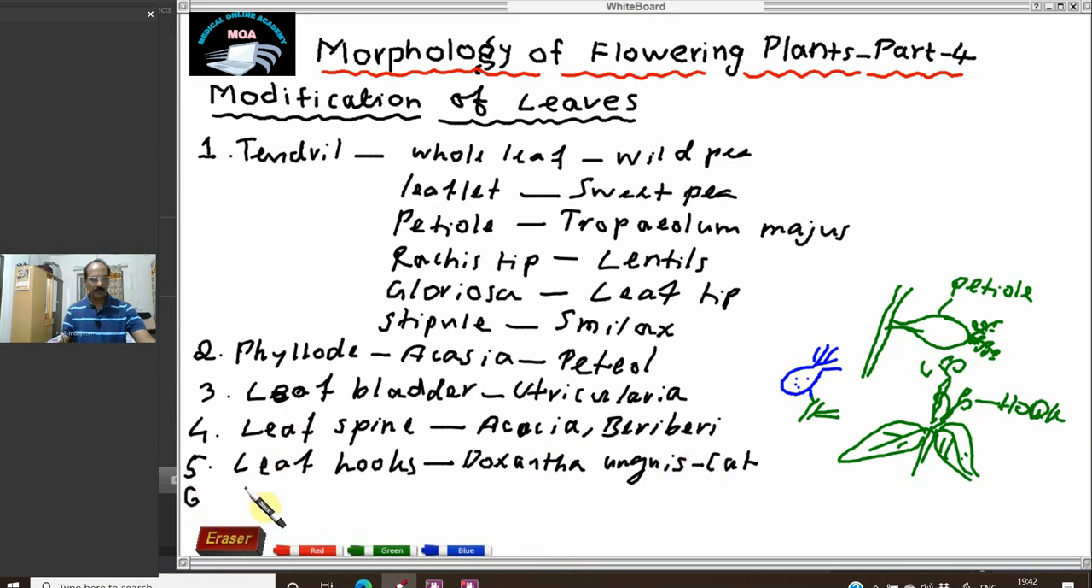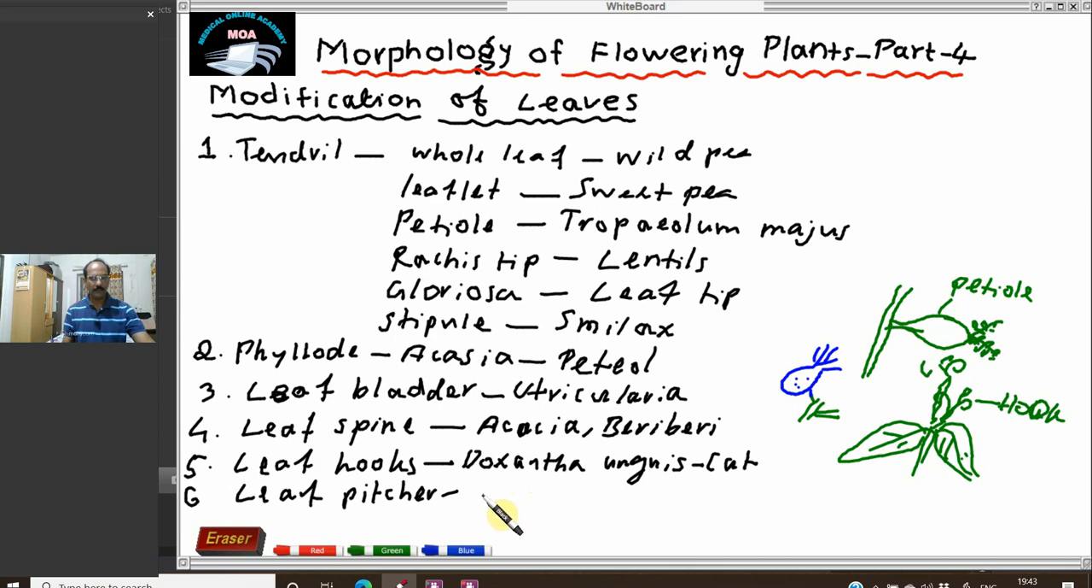And the number six modification is the leaf pitcher. What is actually a leaf pitcher? Pitcher means a pot. So the leaf is modified into a pitcher-like structure. Why is it modified into a pitcher-like structure? It is also to catch insects. When the insect is moving over the plant, it will slip into the pitcher, and in the pot, it will be digested, and the digested food is taken by this plant,